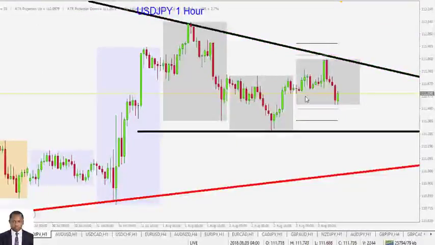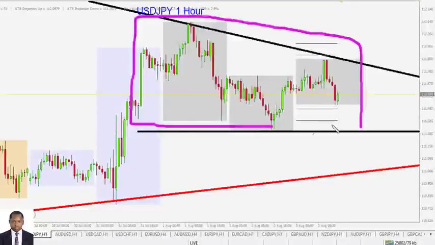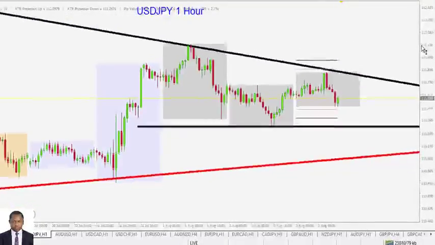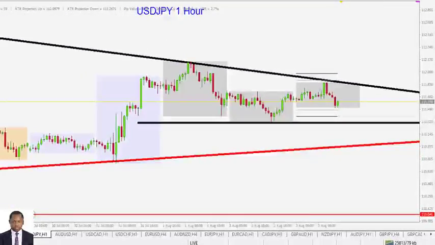The American dollar against the Japanese yen, we are finding plenty of hesitation around this junction. I'll be happy to see the American dollar go weak for this pair, the American dollar against the Japanese yen, to drop all the way to somewhere around in here,